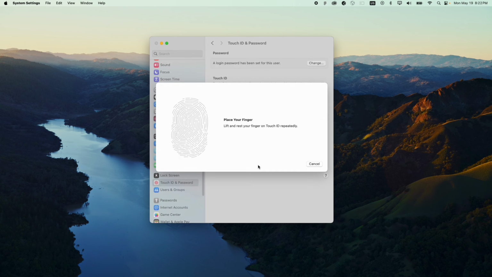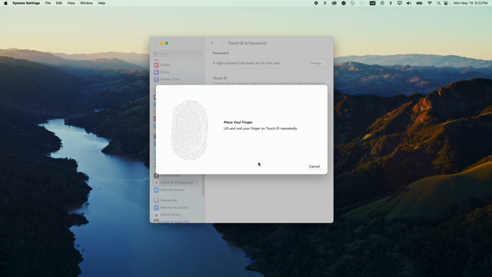So once you unlock with your password, it will ask you to lift and rest your finger on Touch ID, which allows you to add your fingerprint. And that is how you can add the